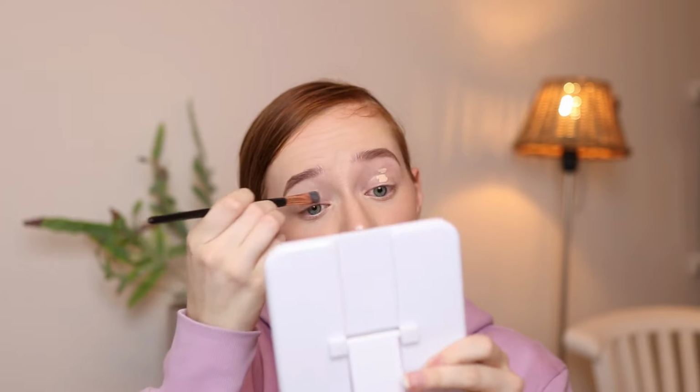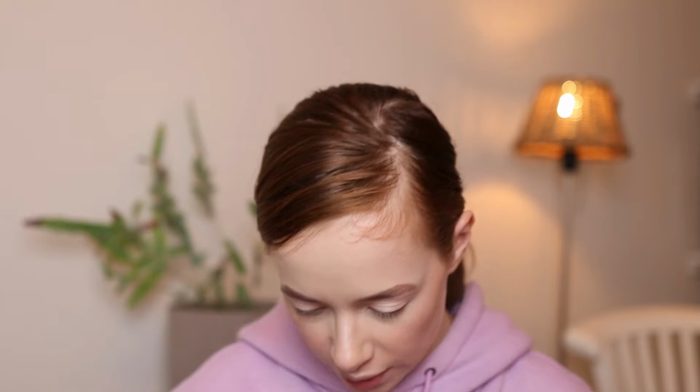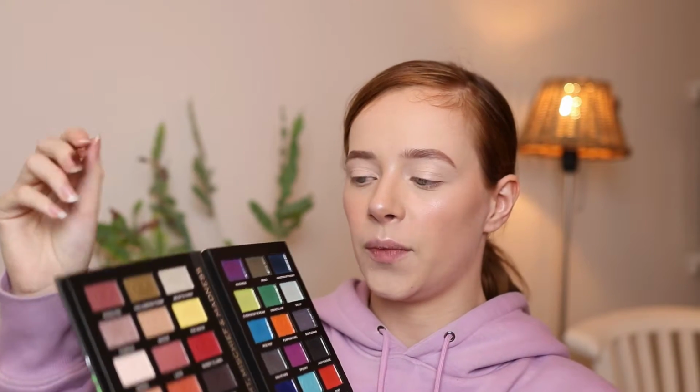Okay, so I'm just gonna apply the primer. I think I want to do a smoky nude thing since we have such a dark shade, and I need to try that out. I am gonna go in with Ghoulish first, I think, because I just really like that kind of rosy shade. Just gonna...